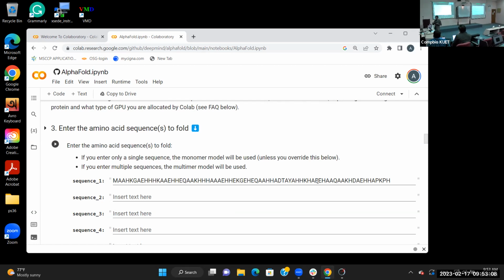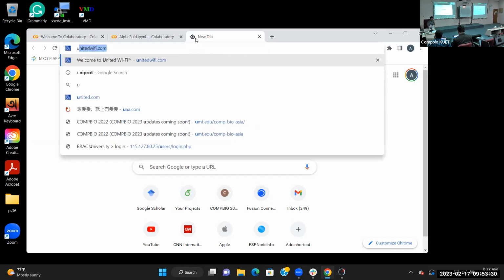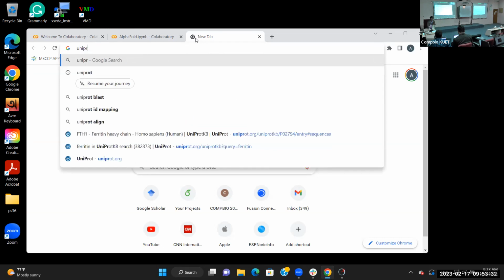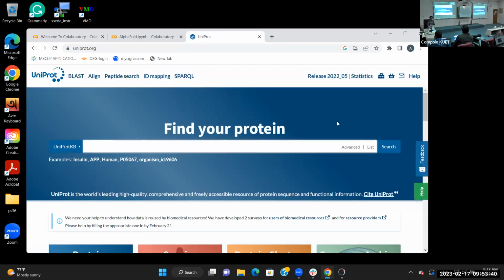So let's say I want to predict ferritin, that's a small protein, and ferritin has two chains. Ferritin is becoming very famous because ferritin creates a nano cage and is used as a vaccine delivery vector. So I'm going to go to UniProt, and we'll do a little bit of UniProt. If you type uniprot.org,